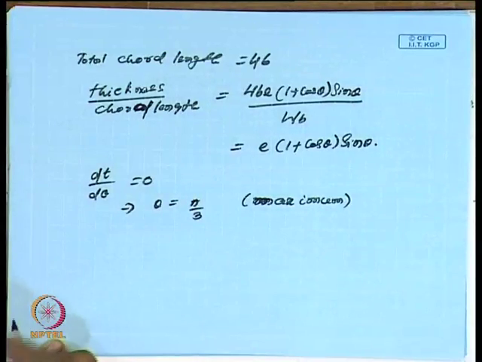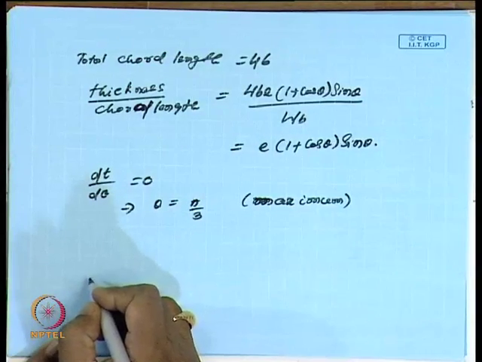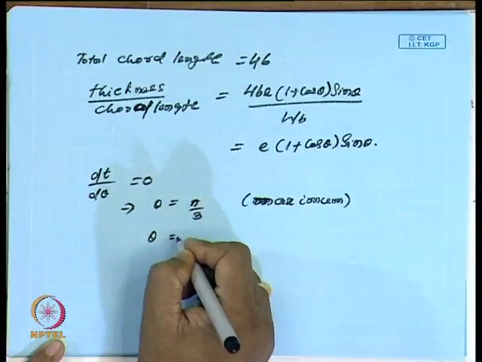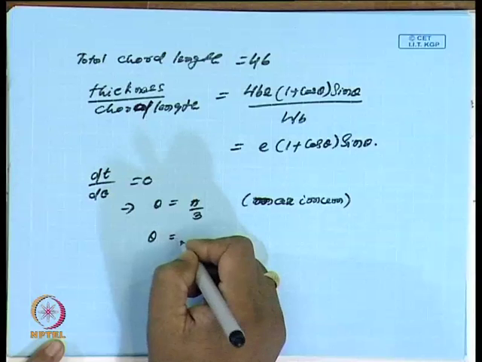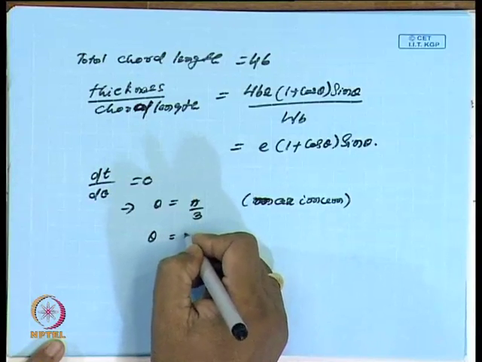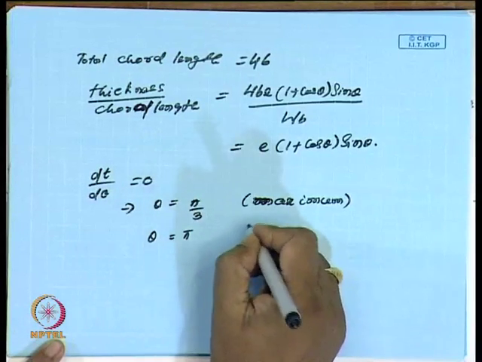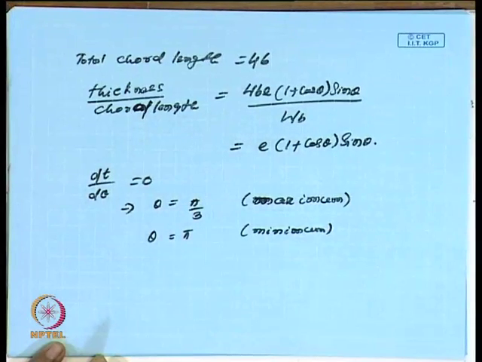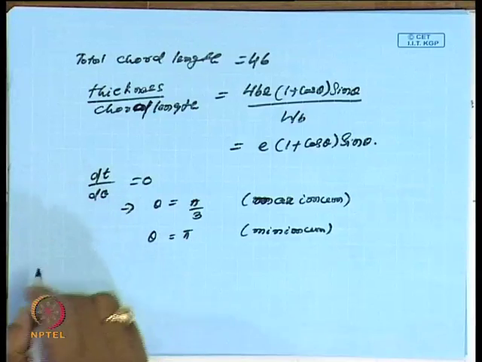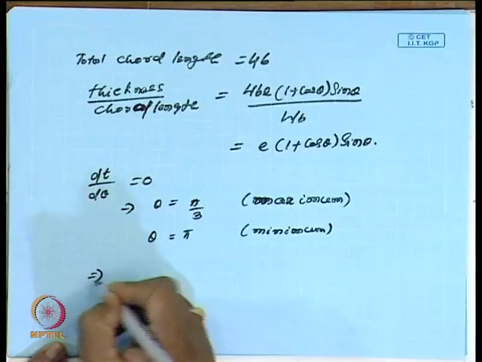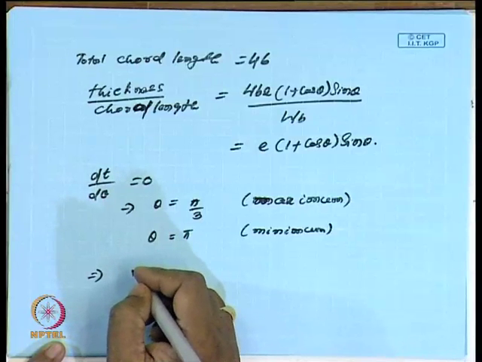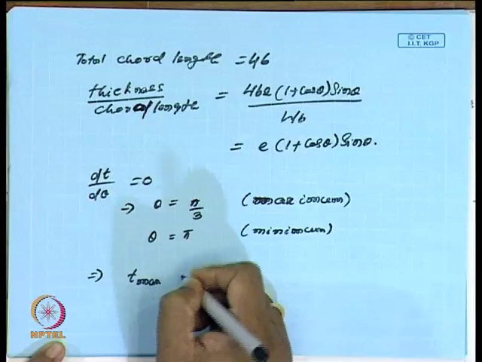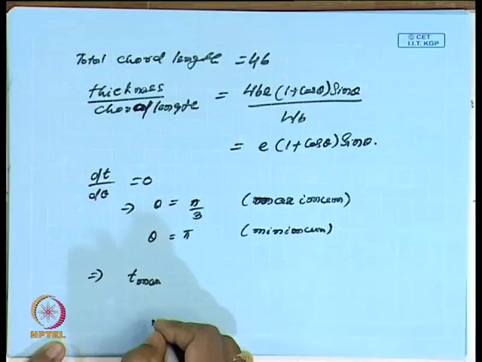It gives a maximum for t, and when theta is equal to pi, we will see that it gives a minimum. Thus the maximum thickness to chord length ratio will be,